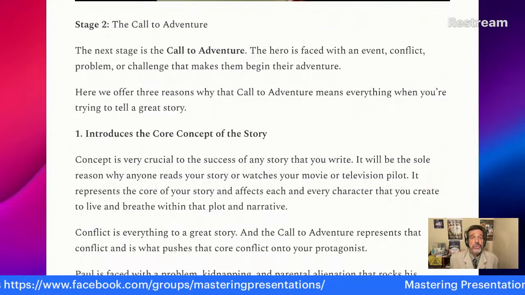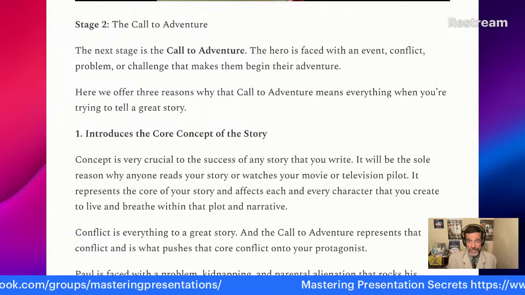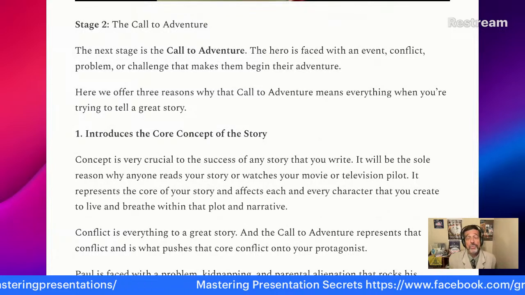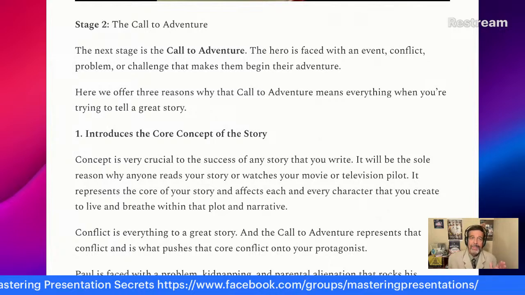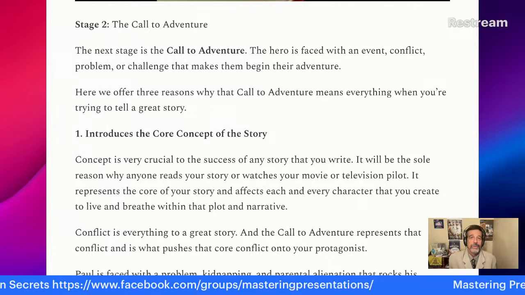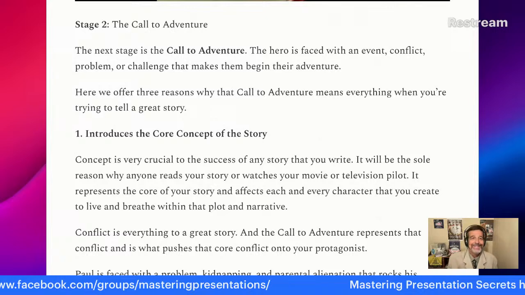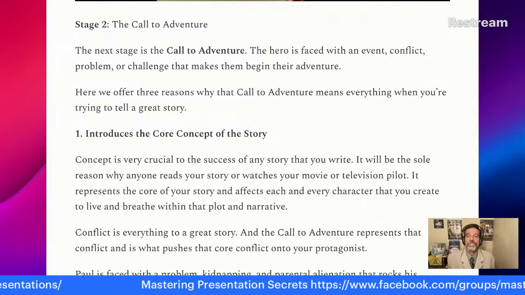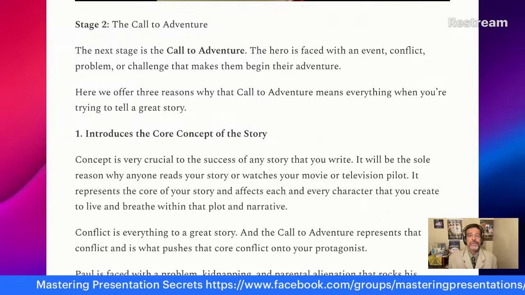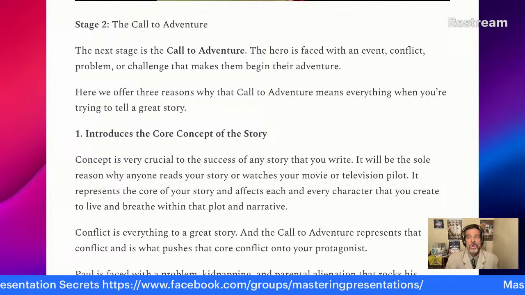All right, stage 2 is the call to adventure. So something is going to happen. So we saw stage 1, ordinary world, protagonist says everything is okay. Now stage 2 comes. That's the call to adventure. The hero is faced with an event, a conflict, a problem, or a challenge that makes them begin their adventure. And you also want to start out a story because a lot of people have this wrong way of